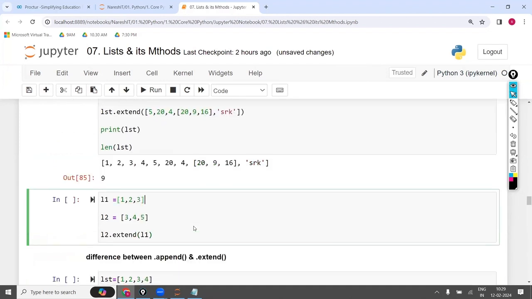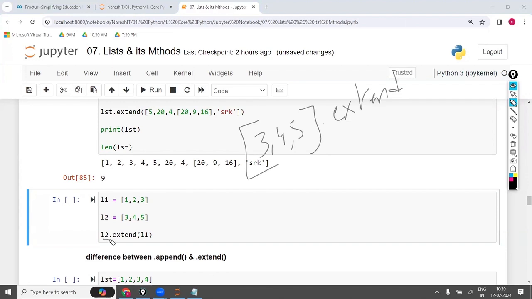Now is L1 one list or multiple lists? One list only, single list. Now this single list, in the backend, what is it going to do? 3, 4, 5 dot extend. First it will replace what is L2. L2 is 3, 4, 5 extend, and in the bracket it will take 1, 2, 3.